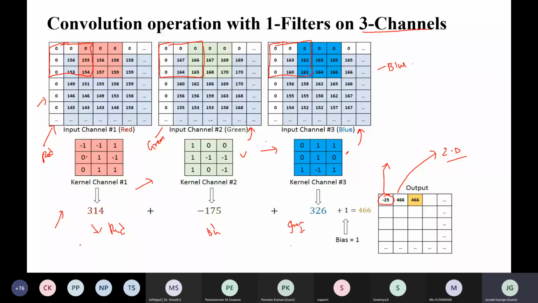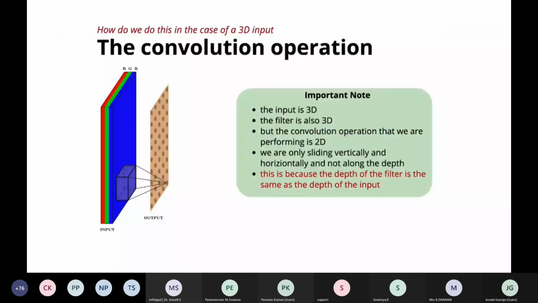So in general, if the input is 3D and you are dealing with only one filter, then automatically this one filter will have a depth of size 3.